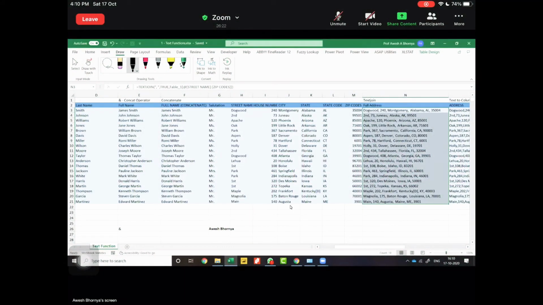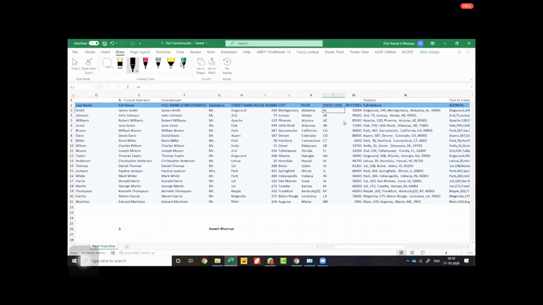So here you will see that you have the TEXTJOIN function that we have used to combine these strings. Now, I really like this function because in the past, if I had to combine multiple columns or multiple pieces of data together, I used to use the CONCATENATE function, and I had to manually keep entering those commas in between, which was a major problem. So instead of that, I use this TEXTJOIN function, and that really helps a lot. TEXTJOIN is really great, works very well for me.